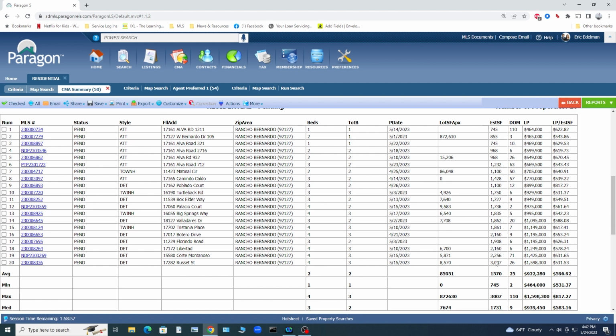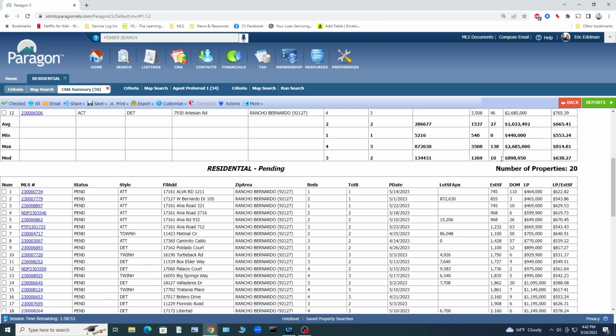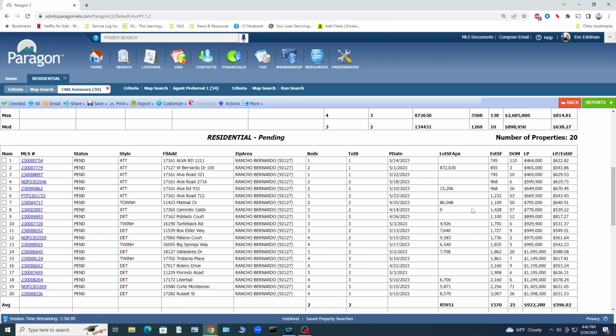So with these 20 pending properties, we have an average market time of 25 days, which is about the same as the market time for the active properties. We have a couple of longer market times in this batch here: 110 days, 50 days, 57 days, 71 days. Those are pulling the average up a bit, but still the 25-day average is below 30, which is really, really